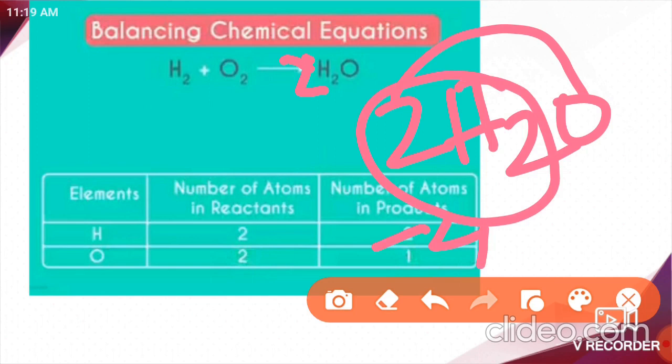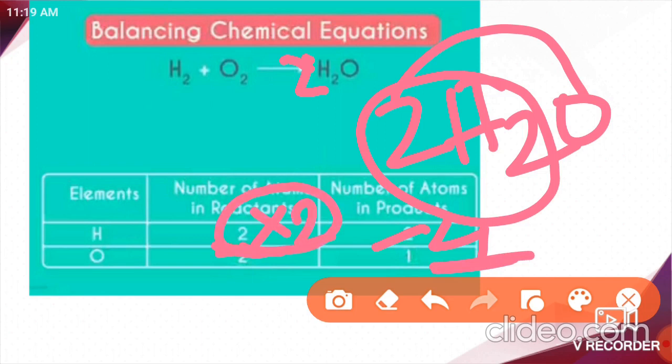Now again the number of hydrogen atoms becomes unbalanced. See, initially they got balanced, right? Initially in the reactant also 2, product also 2. After balancing oxygen, again the hydrogen atoms got altered. Here 4 is there. So again we try to balance the hydrogen atoms. So how can I balance it? Here 4 is there, right? So simply I will use the multiplication method. I will multiply here by 2.